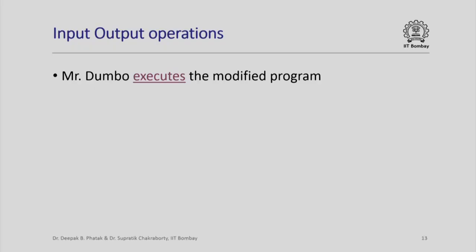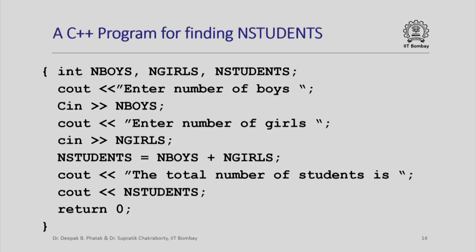You will agree that with these simple mechanisms, we have actually made Dumbo a very real computing device. As a matter of fact, the program that we have written to calculate the total number of students in a class given the number of boys and girls, that program uncannily looks very similar to an actual C++ program which we shall later learn to write for actual computers. Let us look at a C++ program.